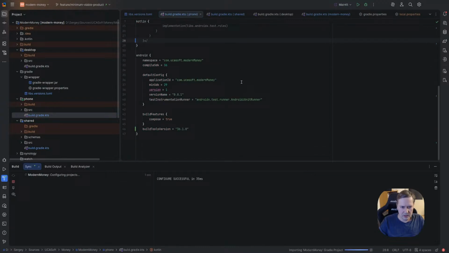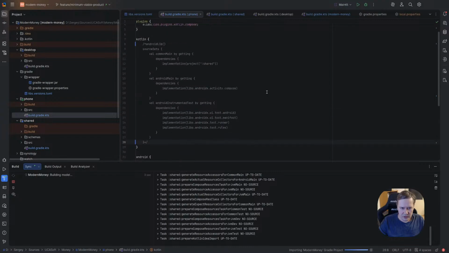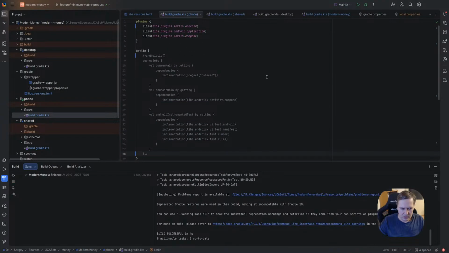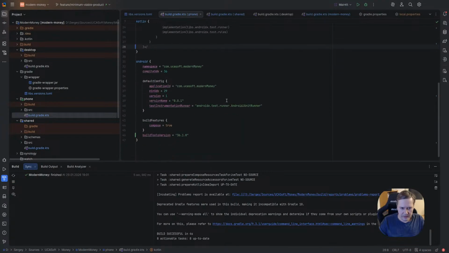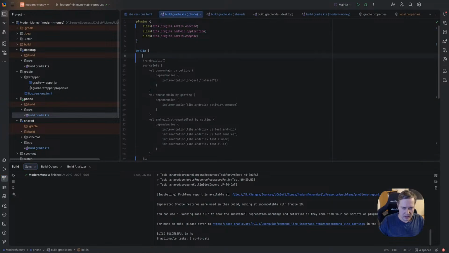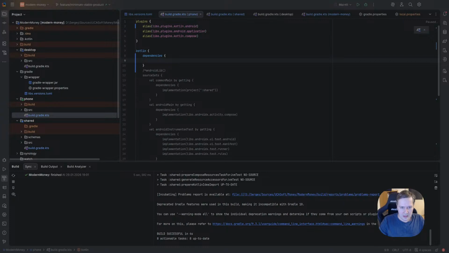Let's try to build it, because we just have configuration. Yeah, it should fail on code somewhere, but yes, here it's okay. So we have Android and we have Kotlin, and now we just provide dependencies here, and dependencies should be implementation project dot. I don't have this shared, yeah.